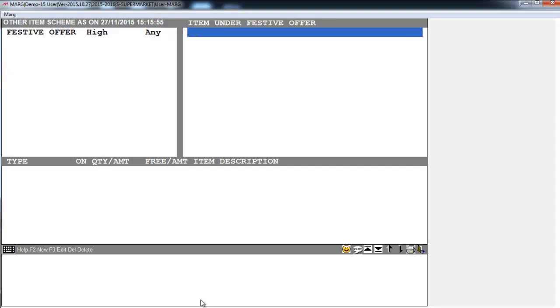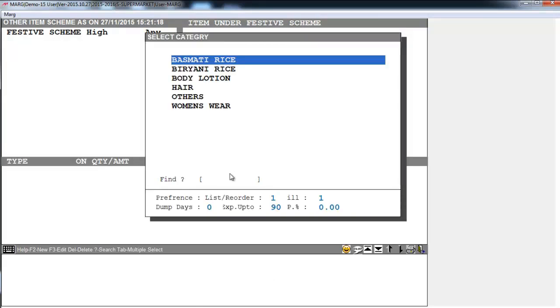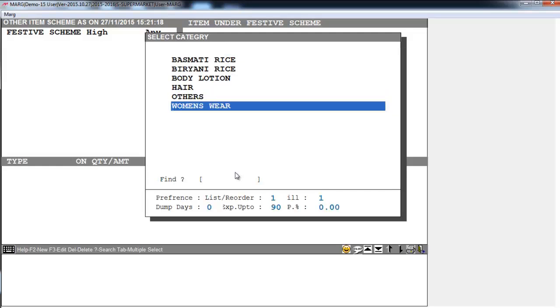Enter. Then you will see item under festive offer. From here you can select an item, or let's say you can select categories from here, the category on which you want to apply the scheme. For example, we want to provide a scheme on women's wear.